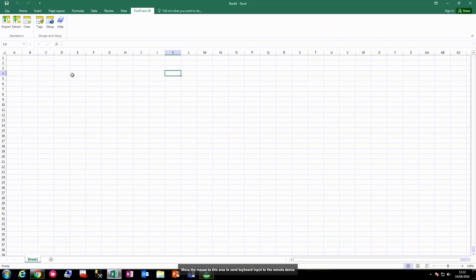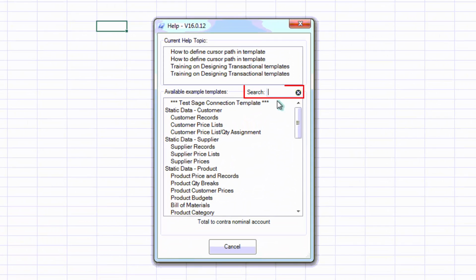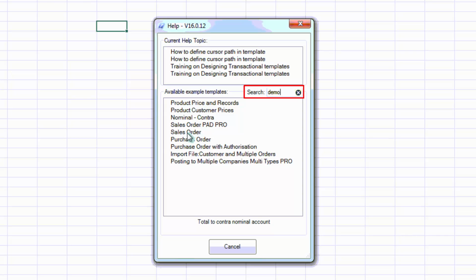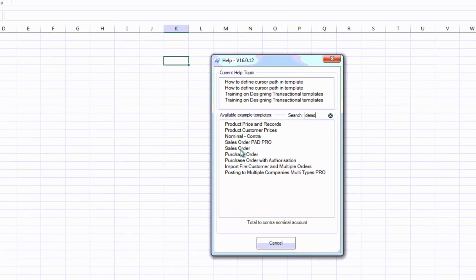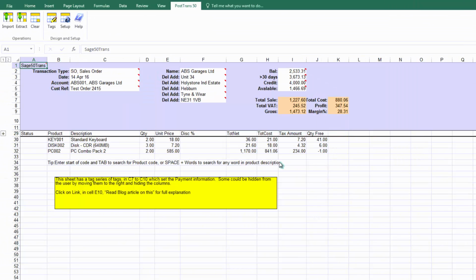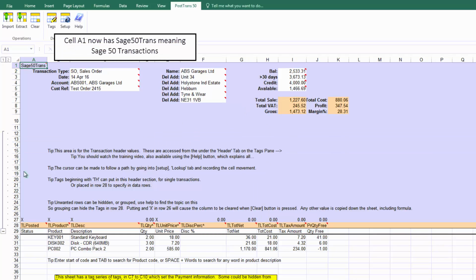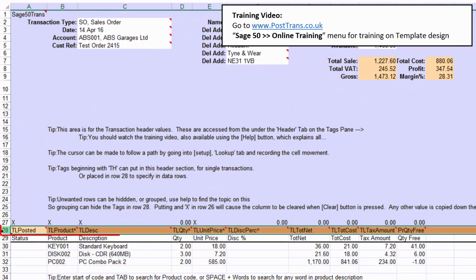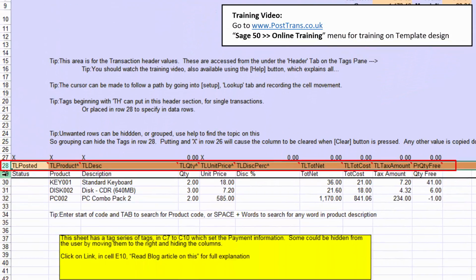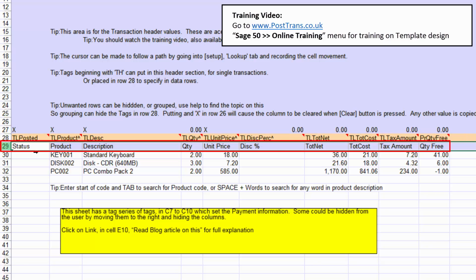So now we've posted a nominal journal, let's go on and do a sales order. So let's go back to the help button. I'm going to type in demo again, and I'm going to pull up the sales order template. Now this already has data entered into it, which I'll post in a second. And as we can see, we've again got the header, and if I expand this down here, you can see there we've got the series of tags, a description that it misses so we can put headings in the columns,